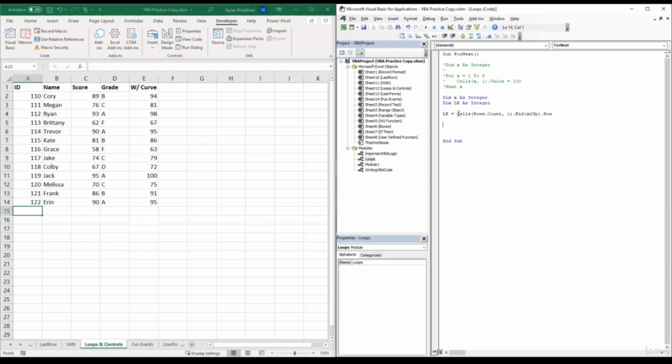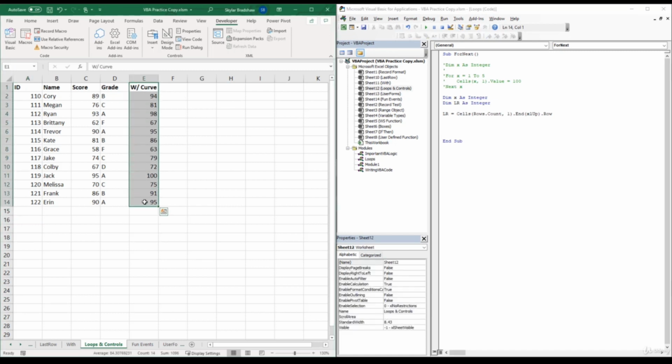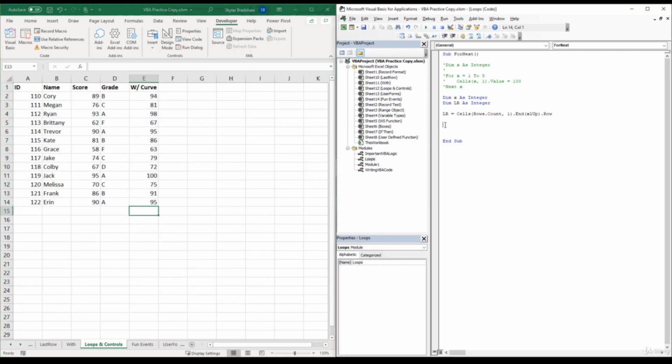And for this example, let's say that we want to loop through all the cells within the width curve column. And if the student's score is greater than 90, then fill that cell with the color green. So the first thing that we have to do is create our For Next loop. So For x = 1 to